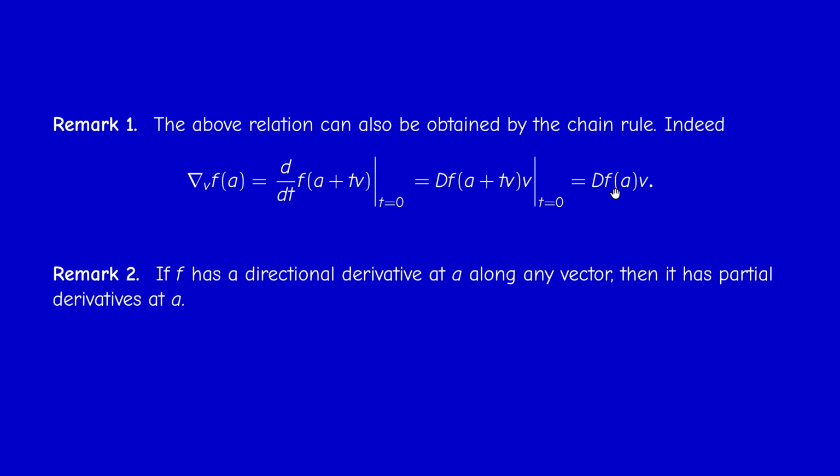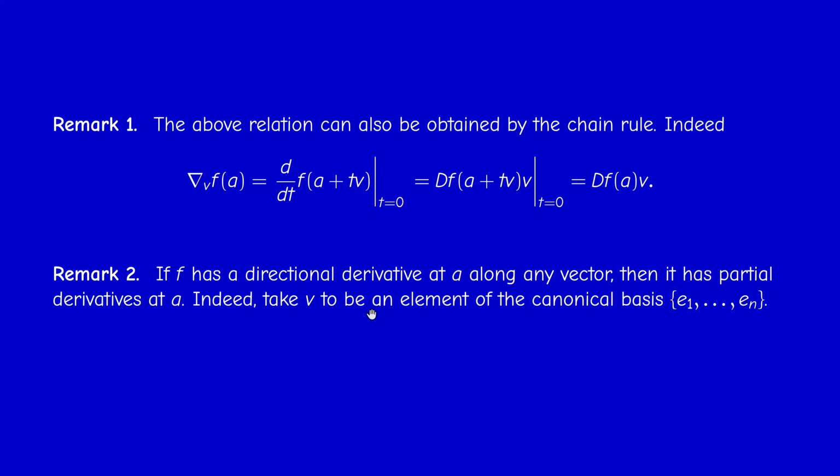So I obtain again that the directional derivative along v is just the Fréchet derivative, or actually the gradient, if you like. Same thing. Now, you also have to observe that if f has a directional derivative at a along any vector, then it has partial derivatives at a. This is very